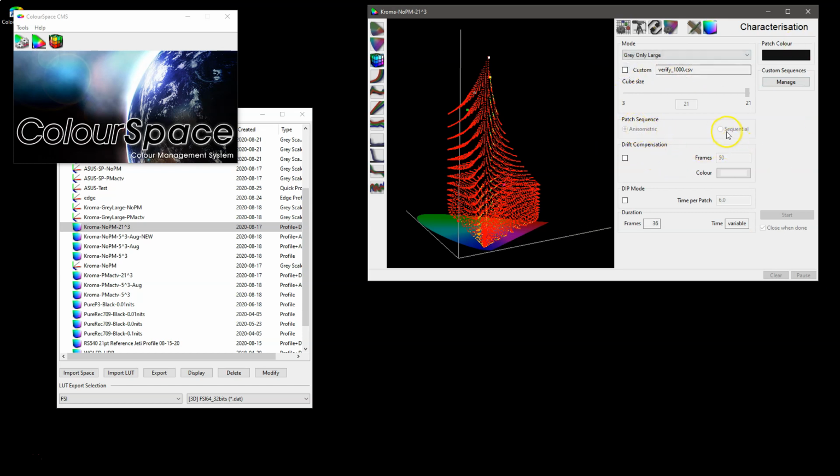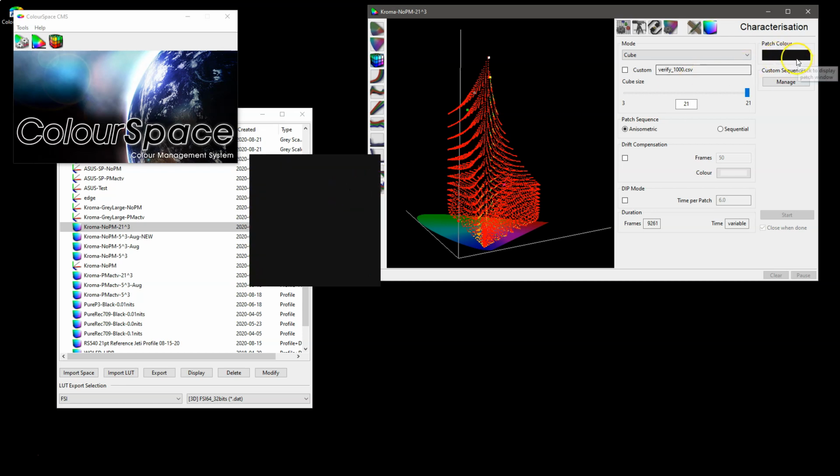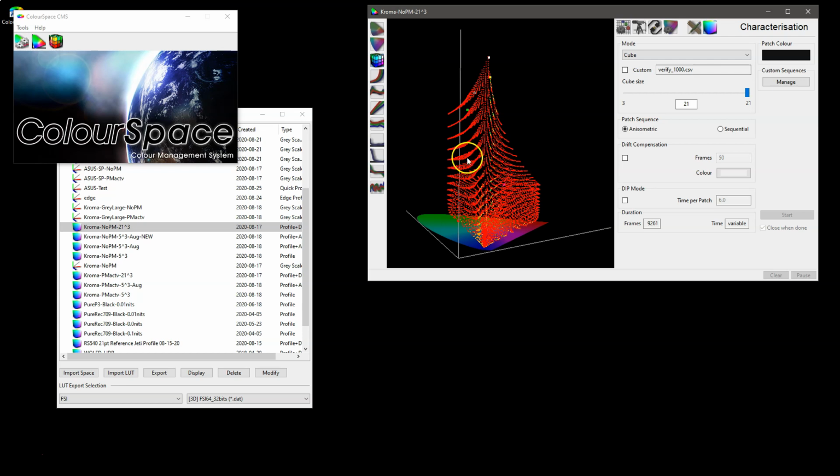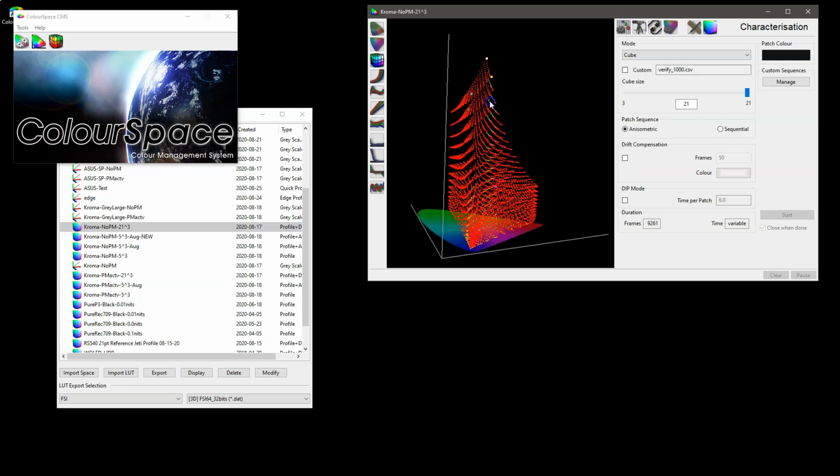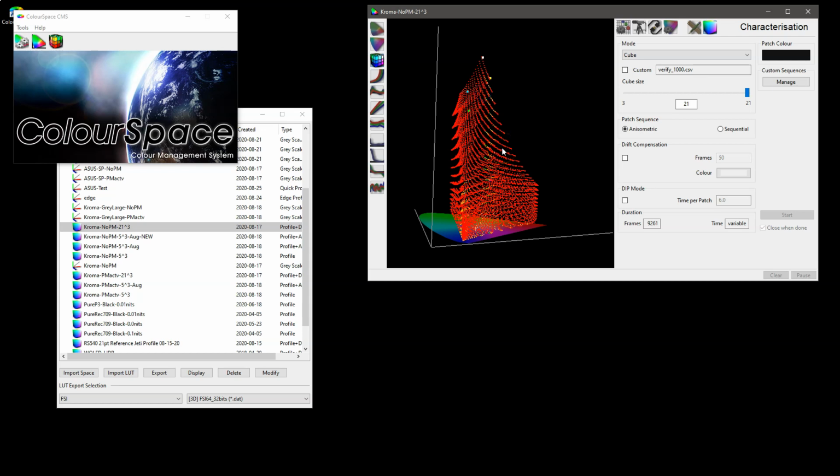You've also got the ability to choose sequential or isometric when you're doing cube-based processing, which is obviously defined by the size of the cube, the number of patches in its side, so 21 cube 3, which gives you just over 9,000 patches. You can use drift compensation, DIP mode if you're using something like Ted's fantastic Lightspace disk for an external patch source. Obviously toggle patch color on and off, and all of that gives you a very high level of control over the profile information, both for recording it